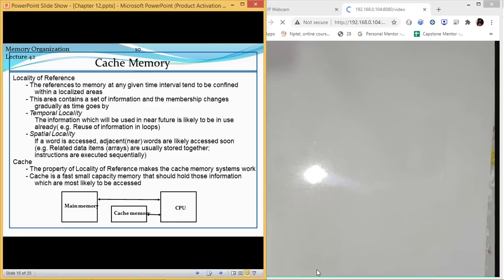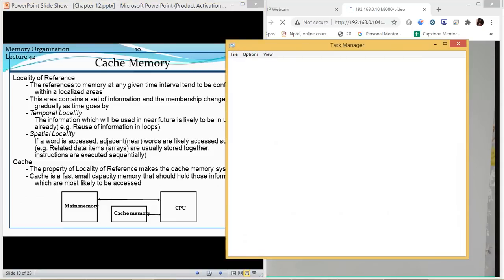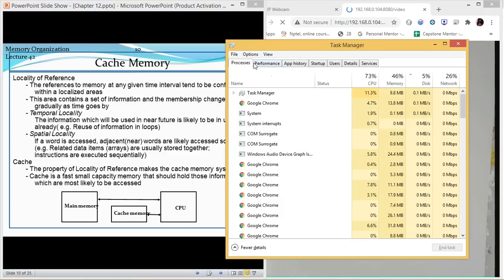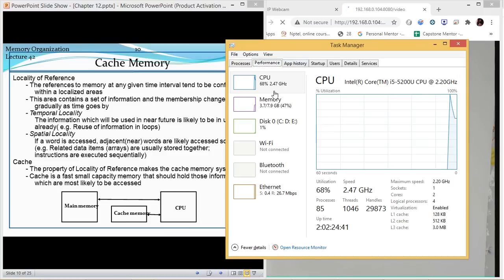If you want to check your own computer's cache memory, you can simply go to the task manager, go to your system performance, and you can see the size of the cache of your CPU. There are three layers of this cache. First one is layer 1, second is layer 2, third is layer 3. Combined, they work as the total amount of cache for your computer.